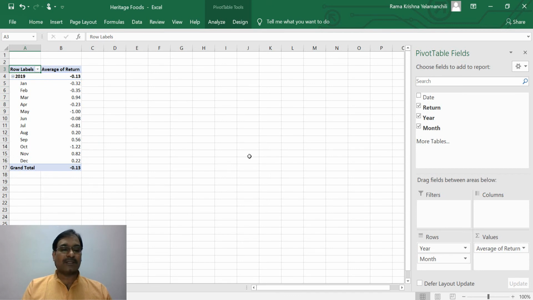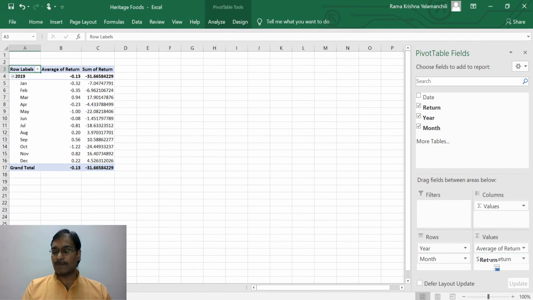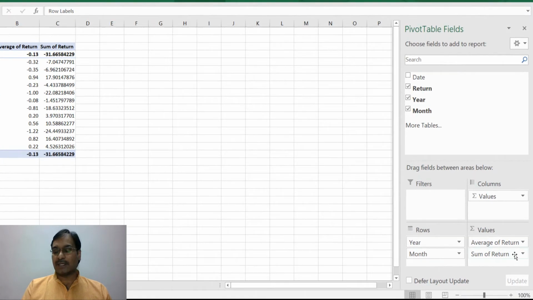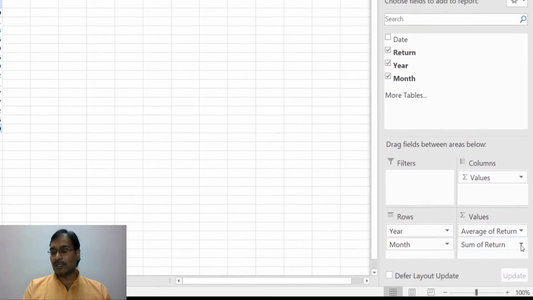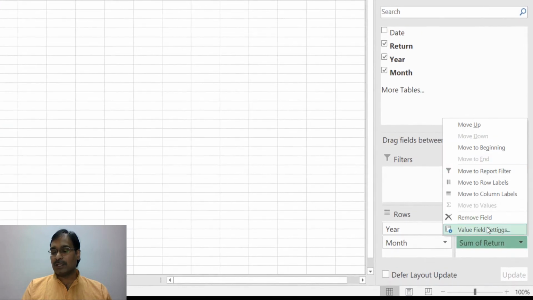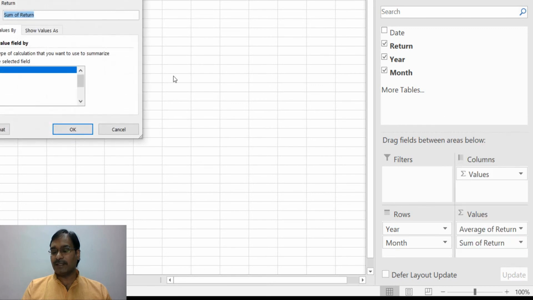Next, we want to calculate the variance, and variance is also based on your return values only. Once again, select the return value and drag it to the values box. It again gives you the sum. Now again click on the down arrow here. You will get options here. Click on Value Field Settings.